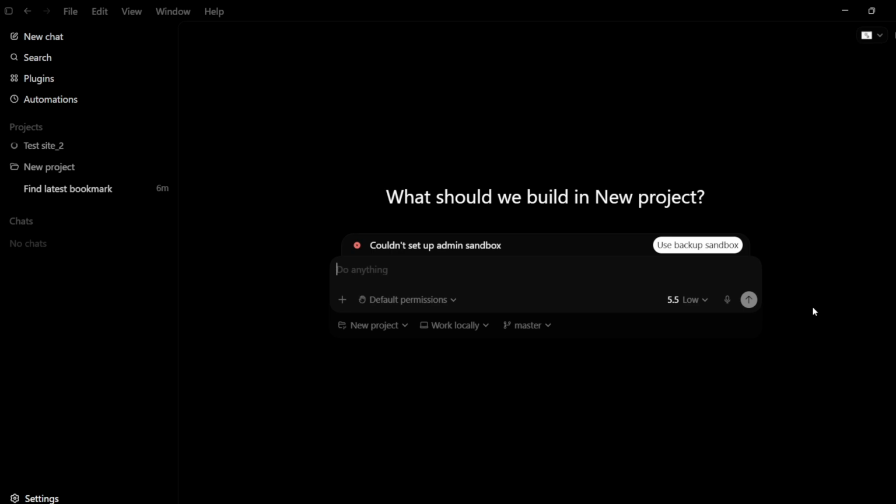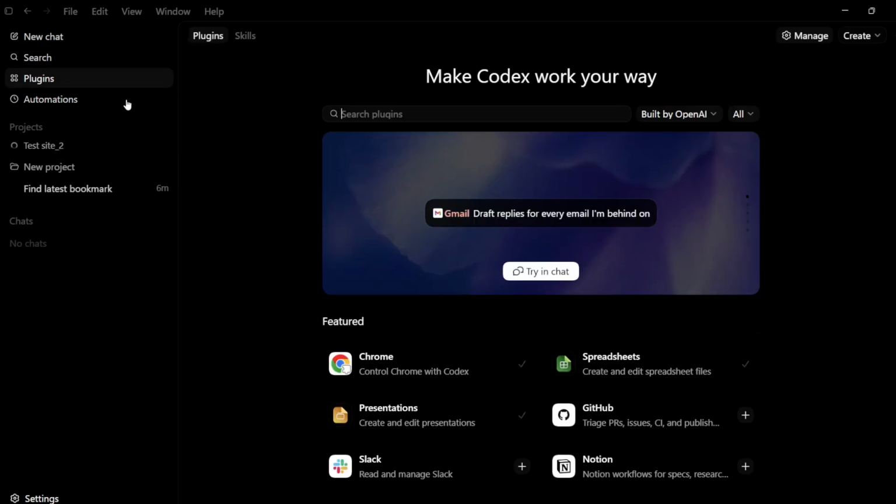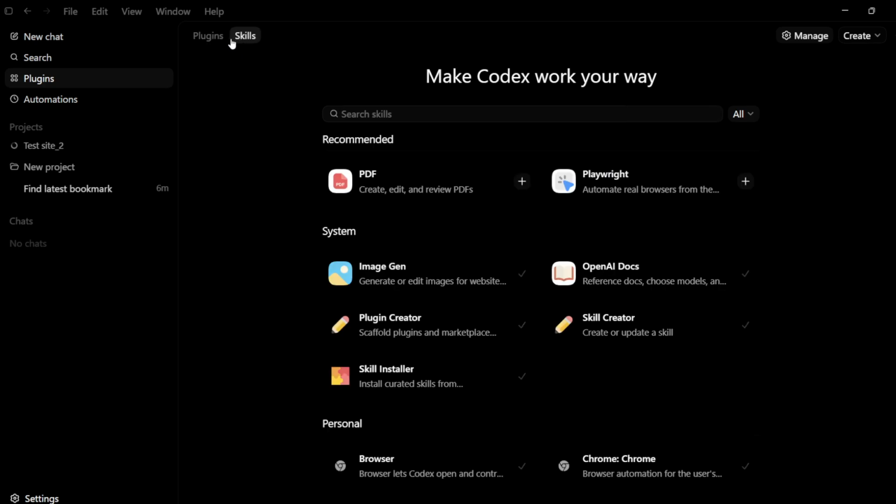So now I will show you how to find skills and how you can create your own skills or load in skills that are pre-built. To do that, first you need to click onto this plugins option right here on the left hand side. Now once you click onto the plugins, you can see the plugins options, and just aside it you will see